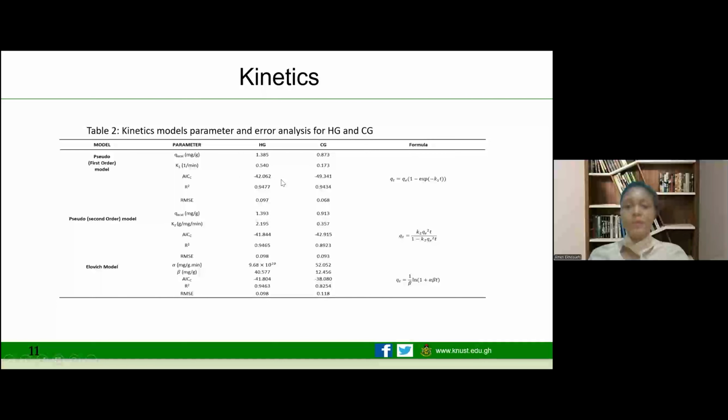This can be explained by the fact that, for instance, we concentrated on this HG in terms of looking at it as a potential for feed application, and we found out that we could regenerate it. So, owing to the fact that it was physical adsorption, and the type of interactions that were involved, they were not strong bonds, they were weak bonds.